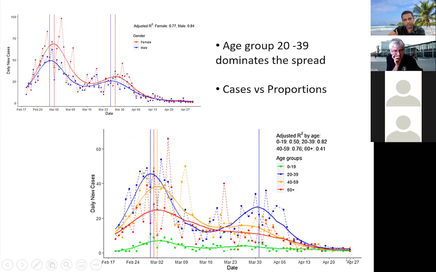But the two peaks came dominantly only for this age group, 20 to 39, not for all. So unless you get these age-specific structures in your illustrations, you cannot see this. Otherwise, you will misinterpret that everyone is getting this two-peak situation or the second wave. It is not like so in the Korean situation. They got this second peak just in this group, maybe due to mobility. So that kind of analysis is very important, even for Sri Lankan cases.